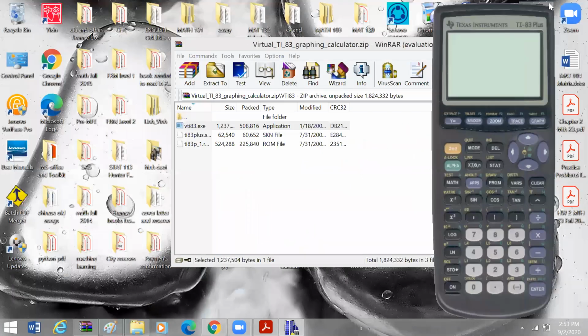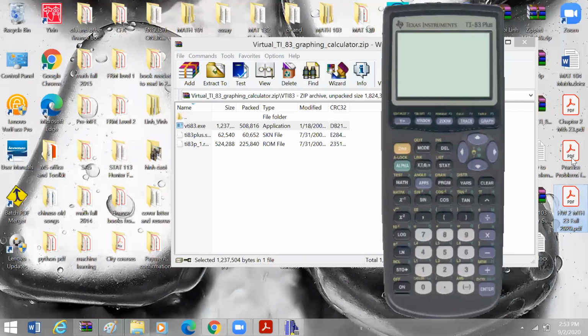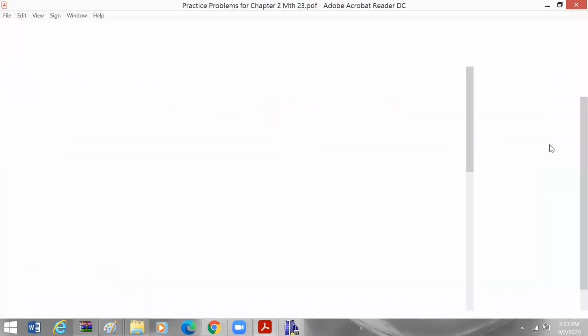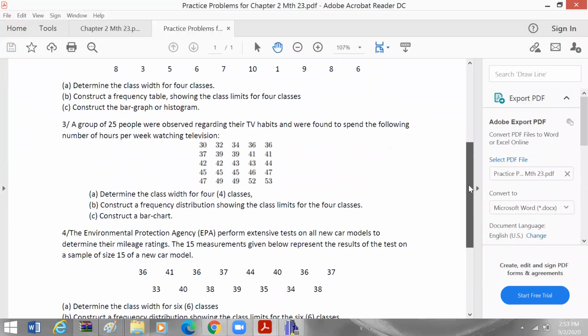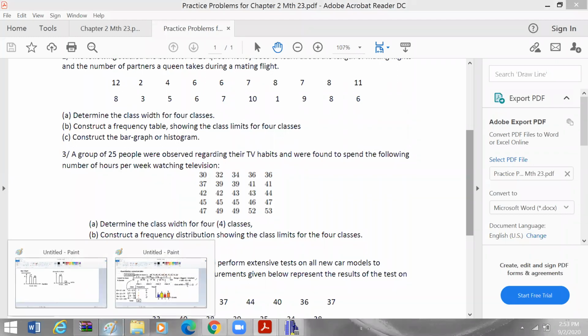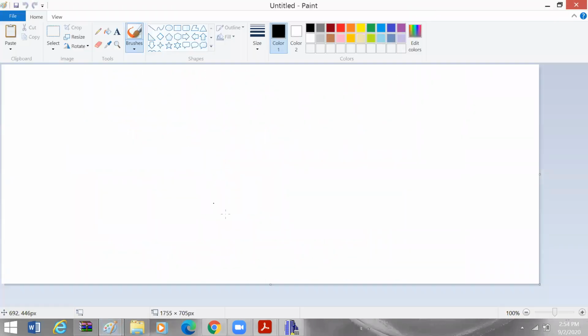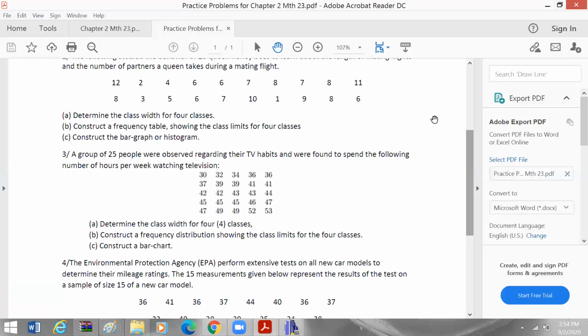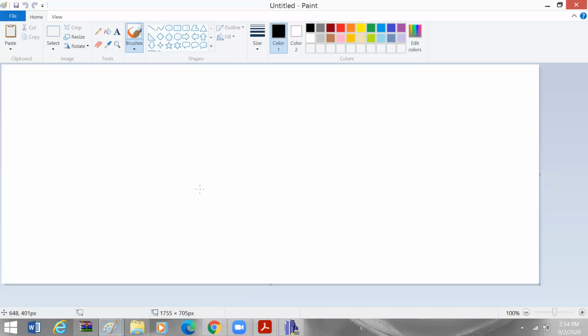So let's look at one of the practice questions. I'm going to do some of them, and there will be homework after that. So let's do question number 3 on the list and see what's going on. Okay. So this is number 3 on the practice questions.